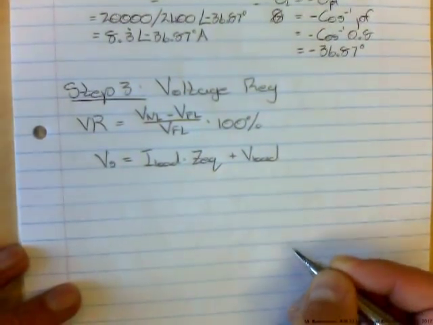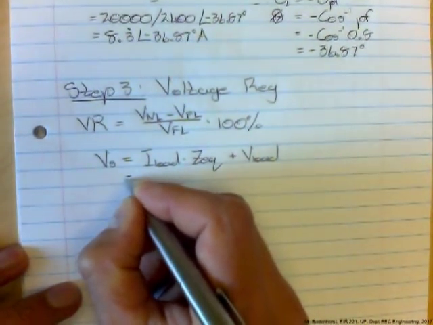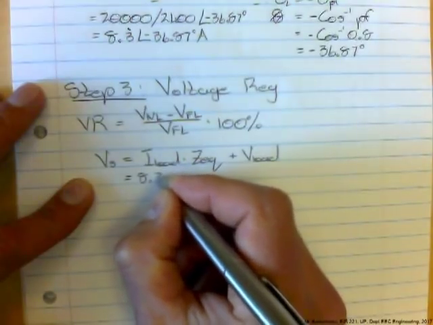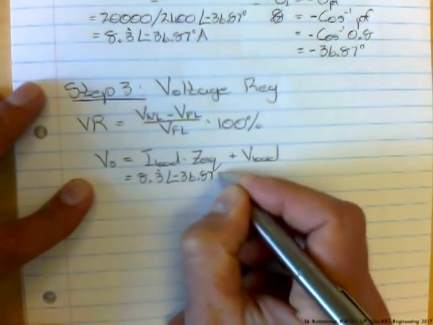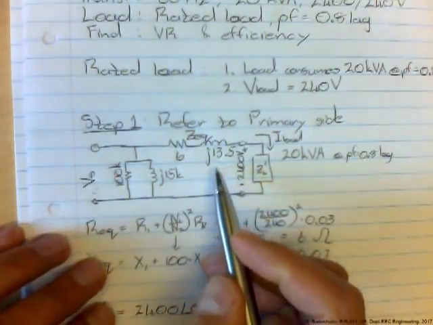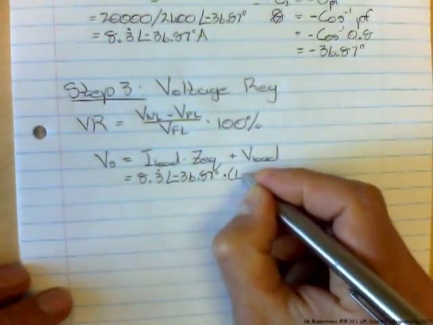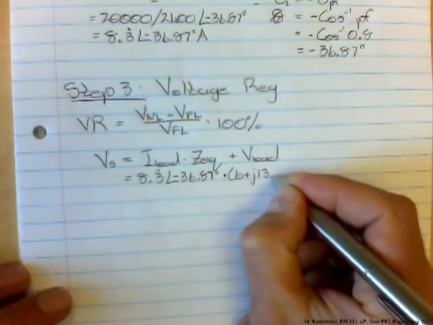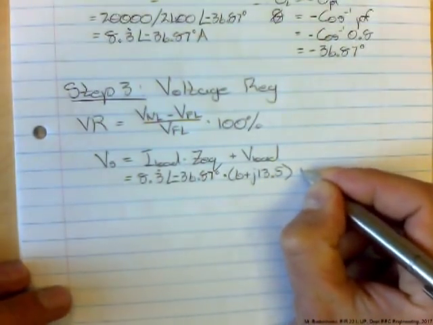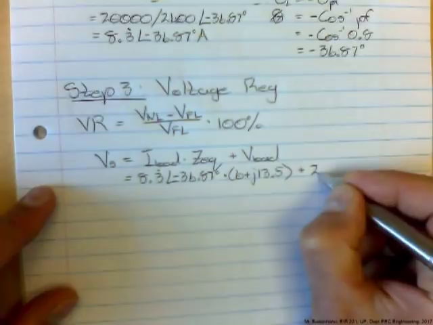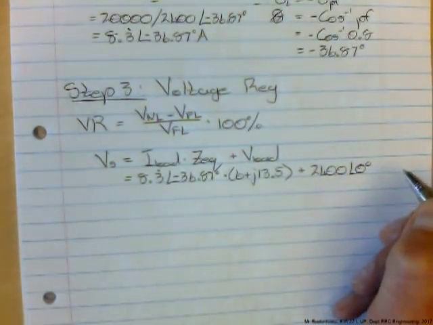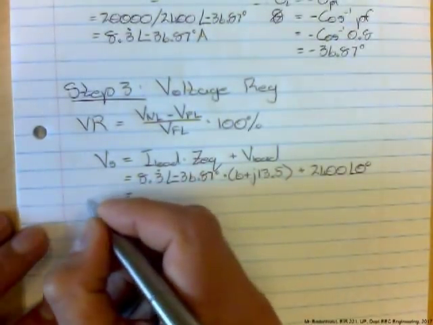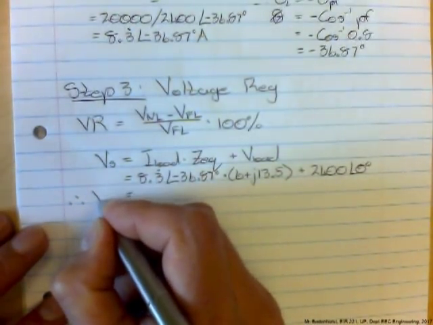Right, so I load, we know what that is. It's 8.3 angle minus 36.87 degrees. Z equivalent from a circuit is 6 plus j13.5, and then our load voltage is the rated voltage, 2,400 angle 0 degrees. If you're going to punch that into your calculator, Vs is this, which means that V no load is going to be